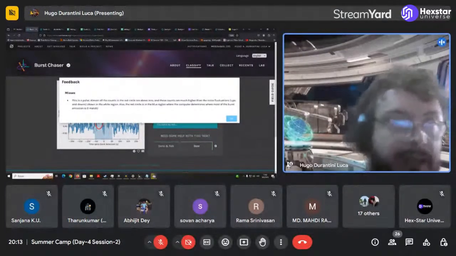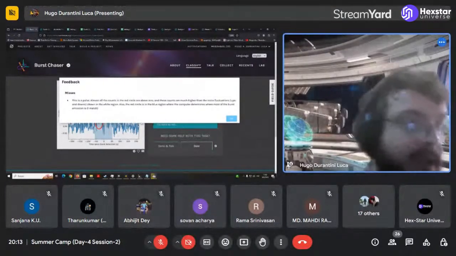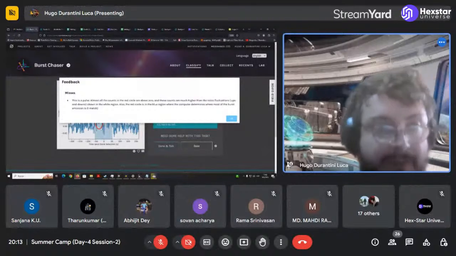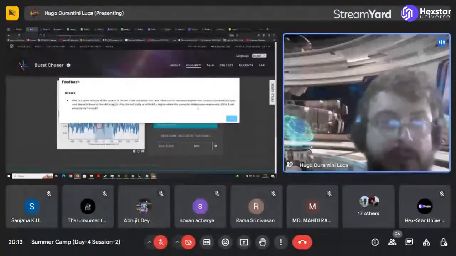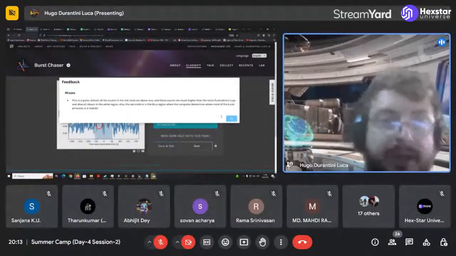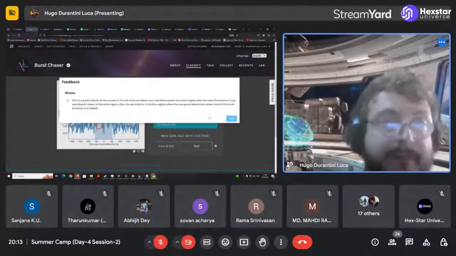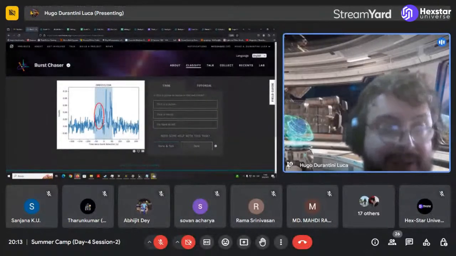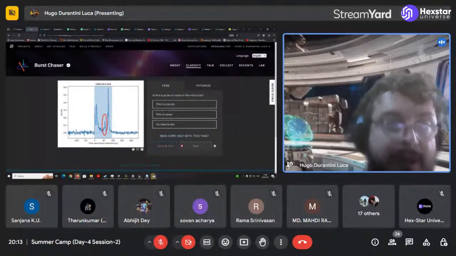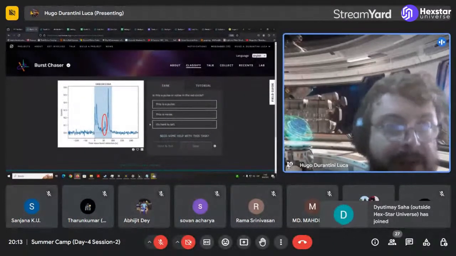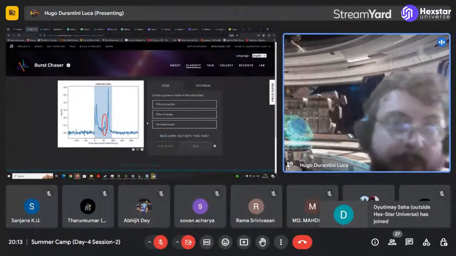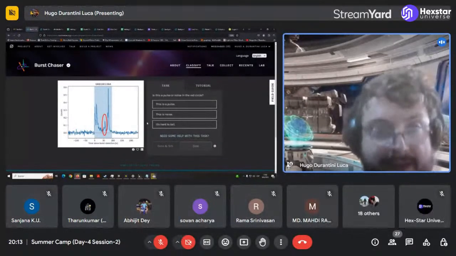For example, it gives you the feedback, and there is a pulse. Almost all the counts in the red circle are above zero, and they go on to explain why there is a pulse there and not just noise. But it's hard to tell, and we need people to help us be sure about that and to better improve how the computers classify that.